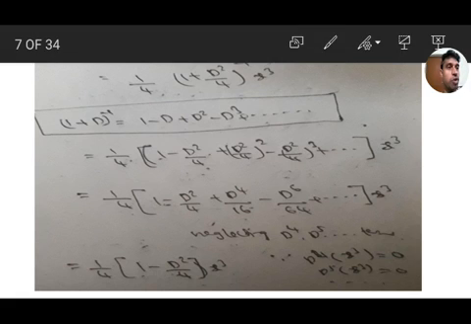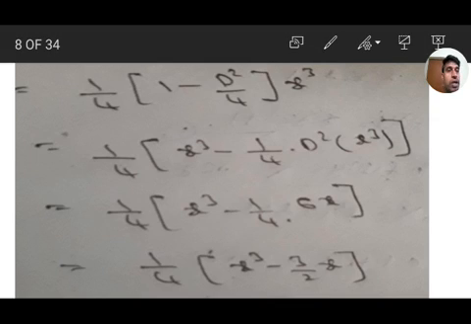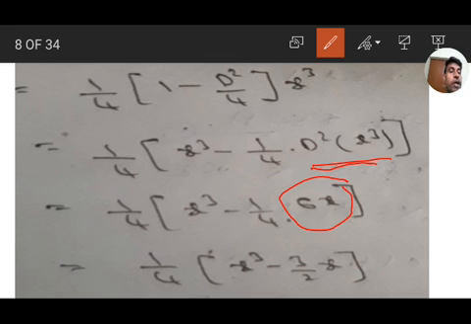Here we have x cube, meaning degree 3. So we have to take up to degree 3 terms only, because the fourth order derivative of x cube onwards, fourth, fifth, sixth and so on derivatives, are 0. So we need to take up to d cube only. But here we have up to d square, no d cube term. So 1 minus d square by 4. So we have to take 1 by 4, multiplication: 1 by 4 x cube minus 1 by 4 d square of x cube. The second order derivative of x cube is 6x. That is the particular integral.